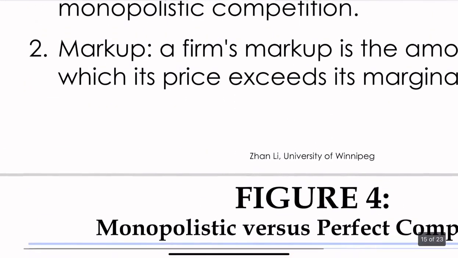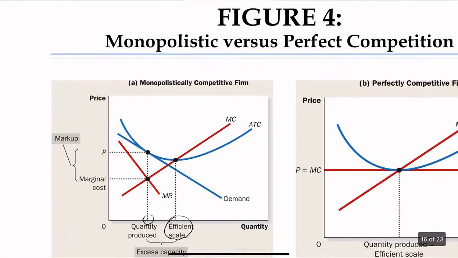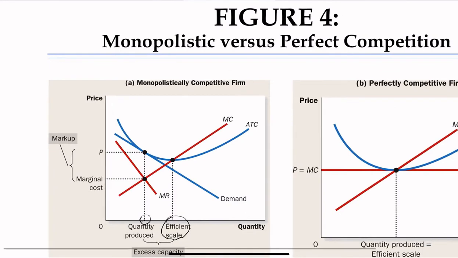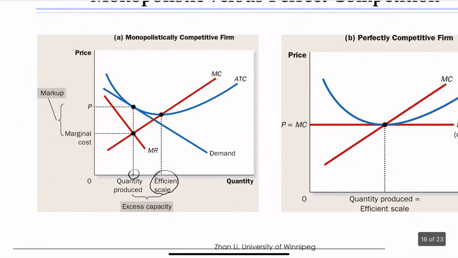And then the second is about markup. This is about the firm's pricing decision. Markup essentially refers to the difference between the firm's price and its marginal cost. So what you can see here is, because the firm's profit maximization behavior is the same as a monopolist, we know that we will always have price larger than marginal cost. So